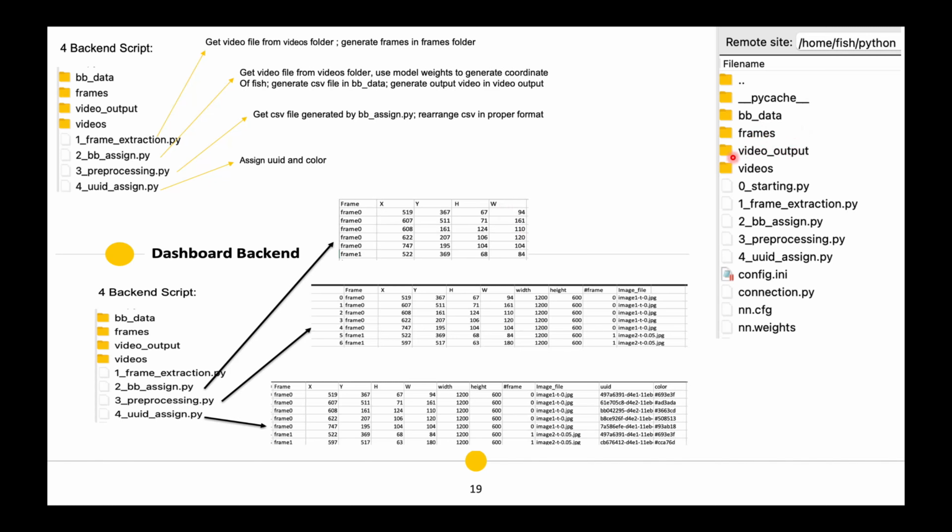Video output contains the output of the videos, and the videos folder will contain whichever video we upload; it will be saved into the videos folder. These are the configuration file and the weight file, which is used by our second Python script. So these are the basic Python scripts working as the backend.